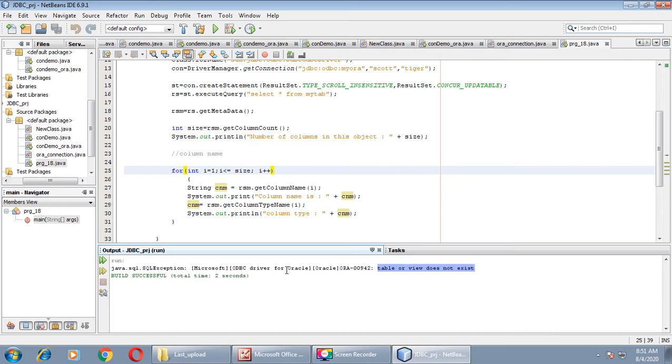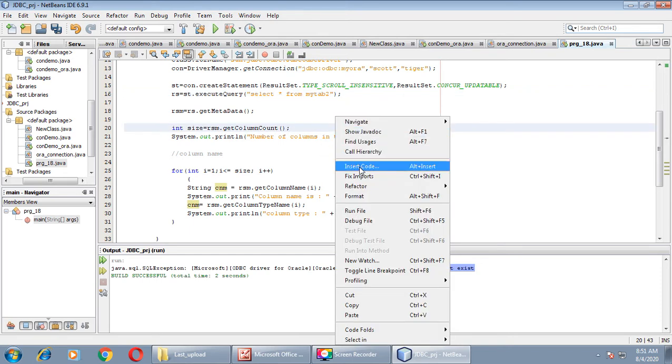Let us check it out for this error. Which name we have used? Here we have taken my tab. Instead of that we have to write my tab 2, right? The table with name my tab 2 exists in SQL. We have already checked this, but my tab does not exist. That's why it is showing an error. Now run this program.